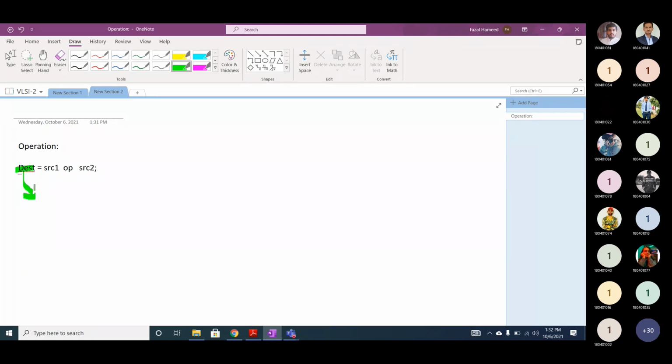Destination. Okay, if you look at this, this is an operation. This is referred to as an operation. And this DEST is the destination operand.